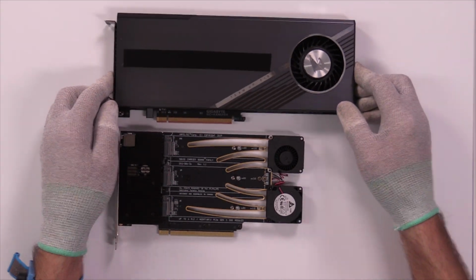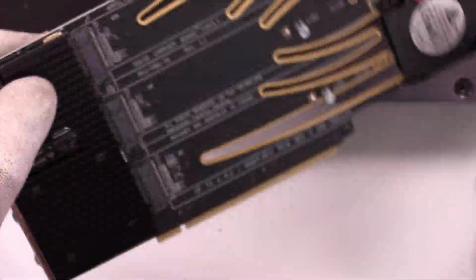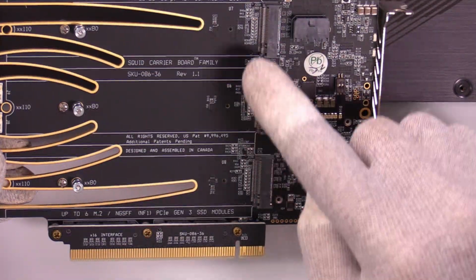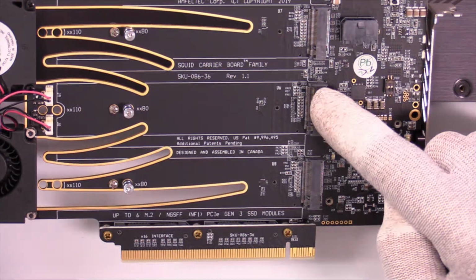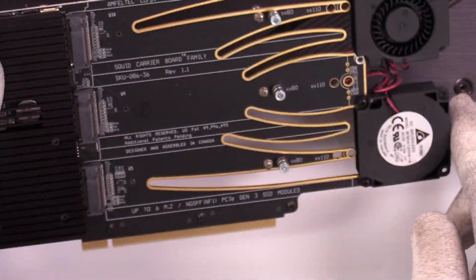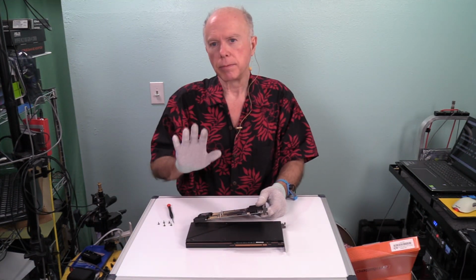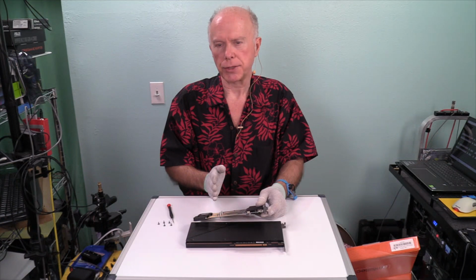Interesting looking at the 2 cards side by side. I'm looking at the numbering on the card, trying to decide how this sets up, because on the front side we've got U5, U9, and U10, and on this side we've got U8, U6, and U7. Actually, that would be number 1, U5, U6 would be 2, and then number 7 would be 3, U8 would be number 4, and back over here 5 and 6. What I'm trying to determine is that I want to keep this apples and apples, and on the first 2 connectors, I don't know if it matters or not, but I want to put the 2 highest performing drives. Now, because of the PLX chip,